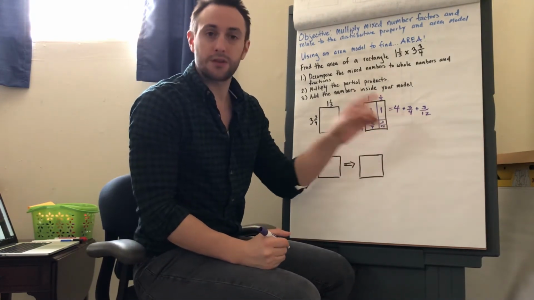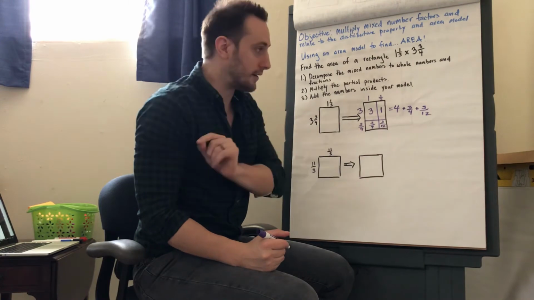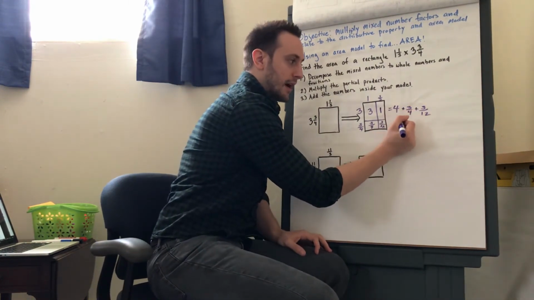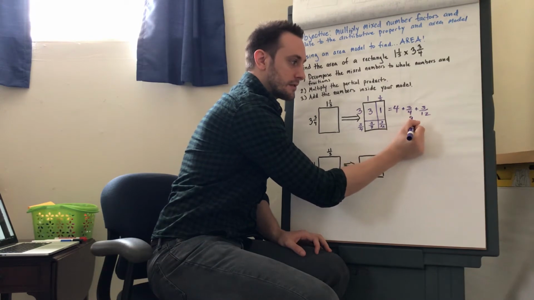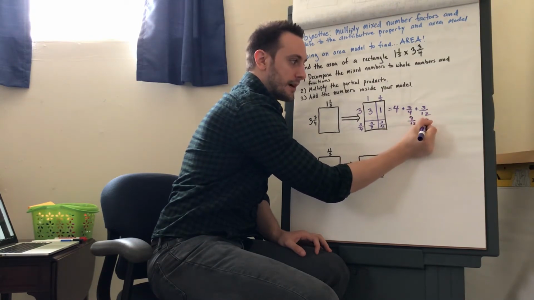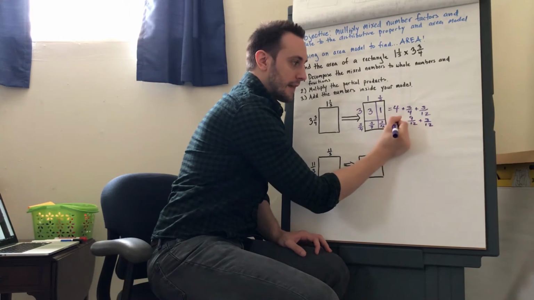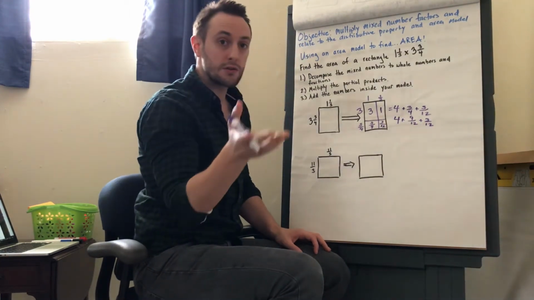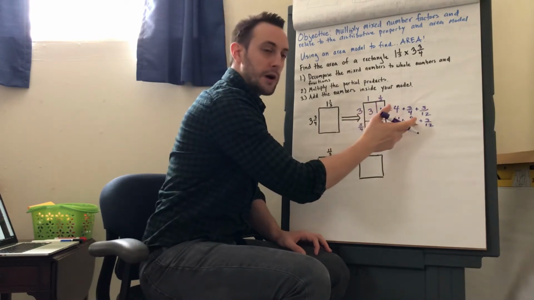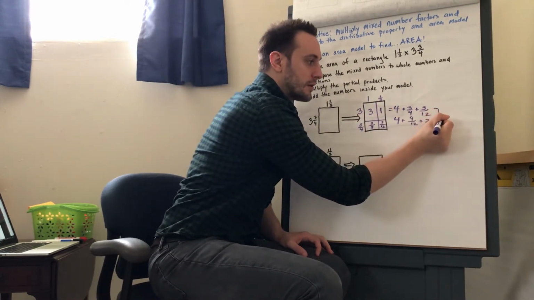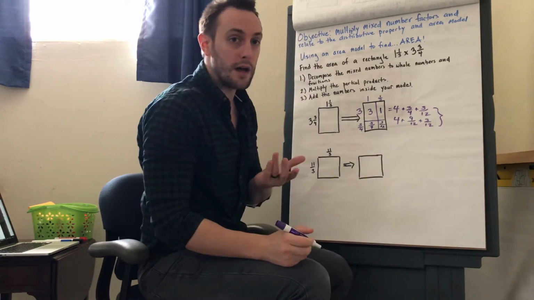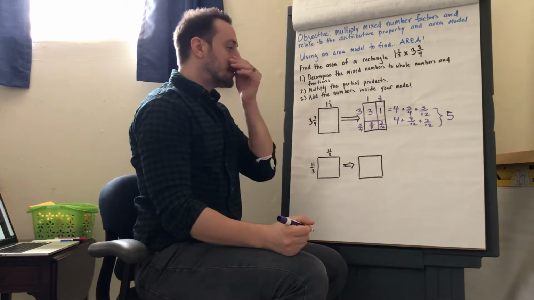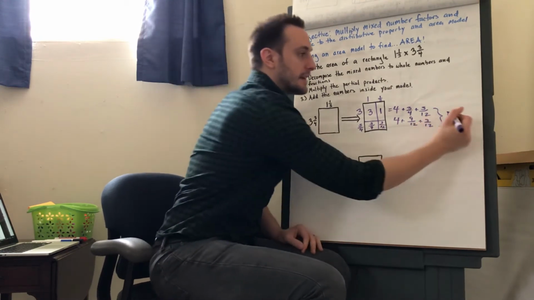Now I have to find common denominators here because I can't just add these up. Right? I've got to find the common denominator, which is 12. So 3/4 becomes 9/12. And 3/12, and then 4. So what's 9 plus 3, mental math? 12. So then I have 4 plus 12/12, which is going to equal 4 plus 1, which is 5. So the area of this is 5